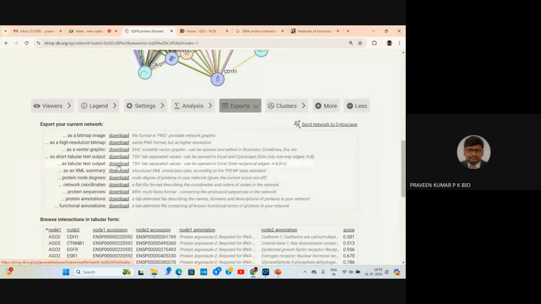You have to click this download. Either click this or, I think, this is the best one. Short tabular text output is the best one because it can be opened in Excel and Cytoscape. So either you can open it in Excel, or if you have installed a recent version of Cytoscape, if you click send to Cytoscape, it directly opens in the Cytoscape visualizer. So this is something about